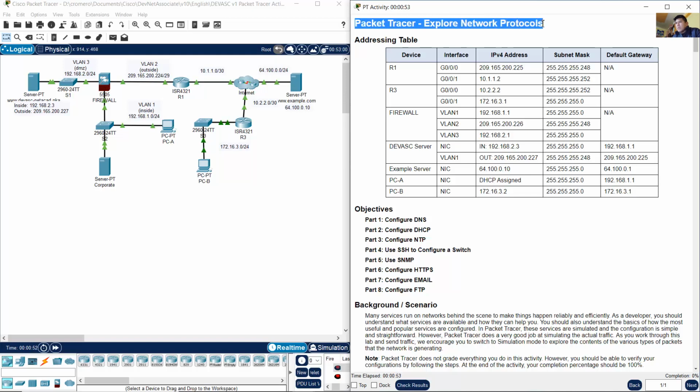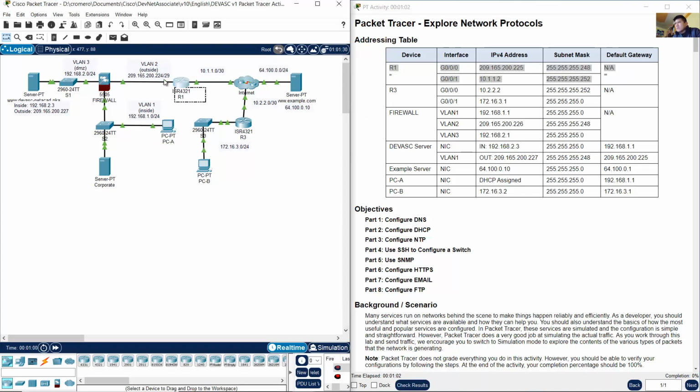Explore network protocols. The addressing table: R1 with two interfaces. This is R1. R3, two interfaces. R3. Firewall with three interfaces. This is the firewall. The DevNet associate server,